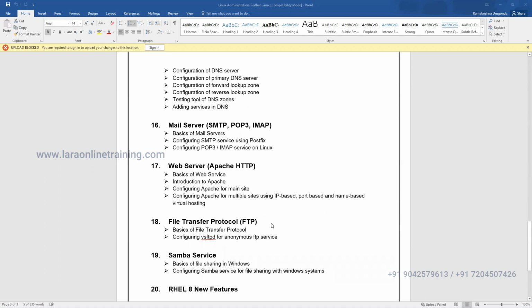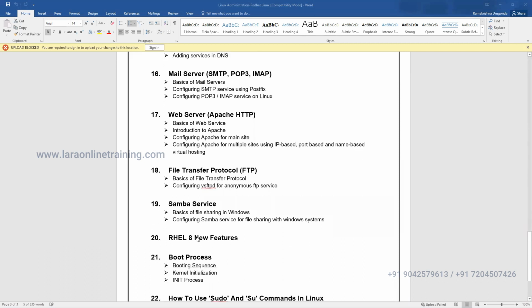And file server: File Transfer Protocol shares files between Linux and Windows. We call that the FTP protocol. Samba service shares files between a Windows and Linux server, with Windows clients actually. If you have mostly Windows clients and I want to share files from Linux to Windows, then I can use the Samba server service. So now I can share files between the Linux server and Windows clients.